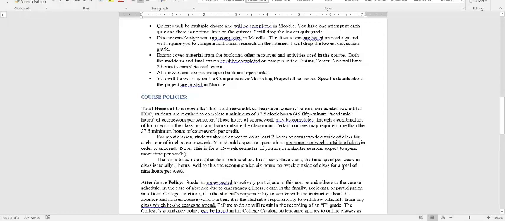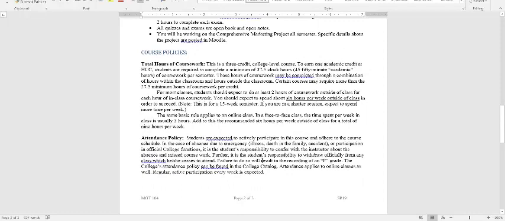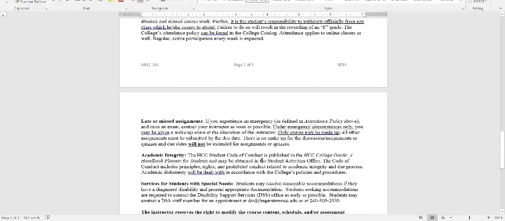Course policies, being attendance, for example. I take attendance. This tells you how much work you should expect to put in, and in an online class, obviously you have to put in a little more work. Attendance in an online class means that you are participating and you are active in our Moodle site at least once every week. I do not extend due dates for the quizzes or the